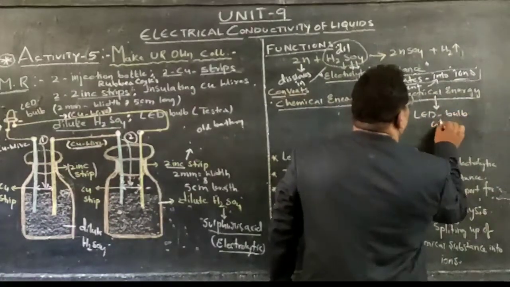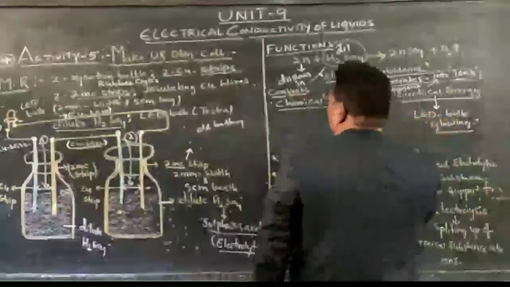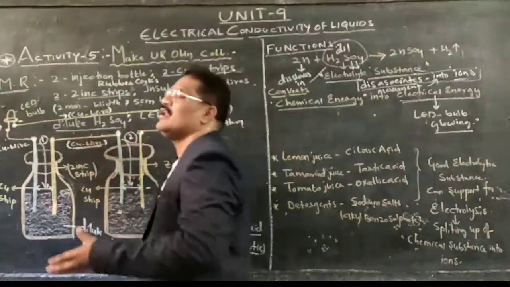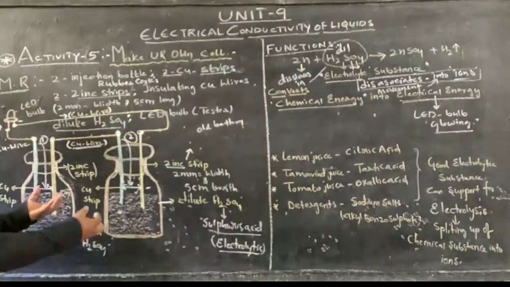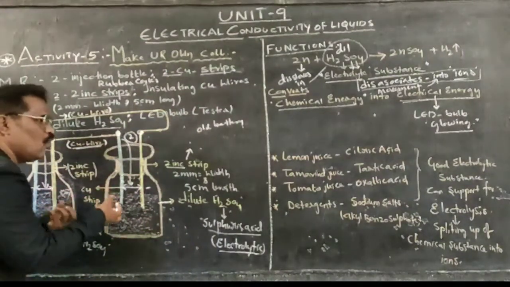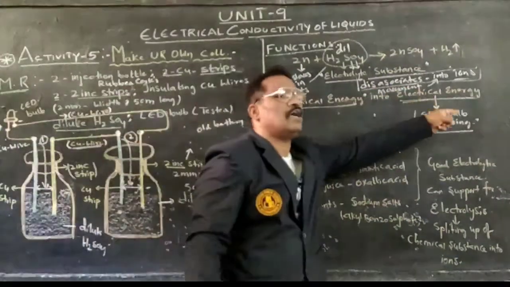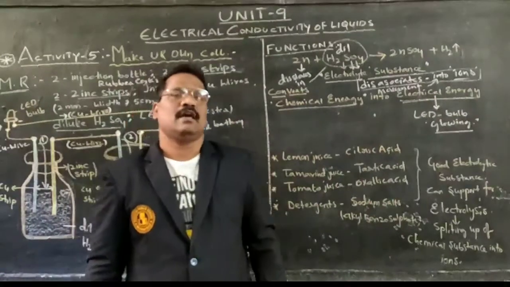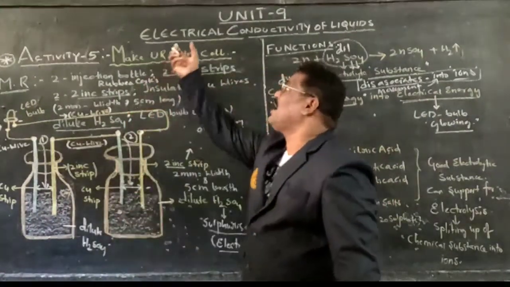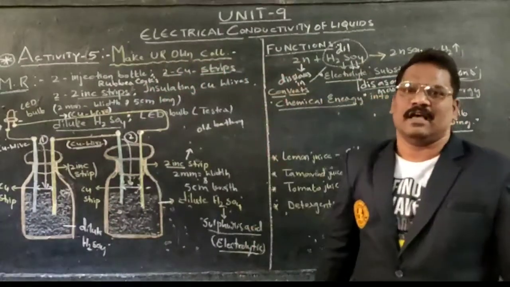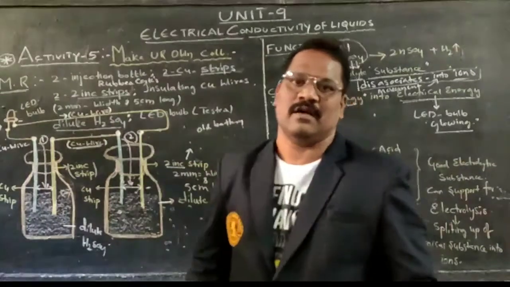As it is converting to electrical energy, what happened there? The LED bulb starts glowing. As the LED bulb starts glowing, we can identify that current is passing through this electrolytic substance. This is the cell we have prepared, in which chemical energy is converting into electrical energy. This is the process of how to make our own cell. How to make our own cell or a battery, we can do it